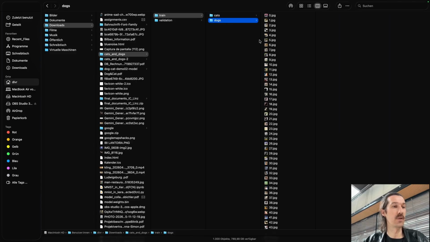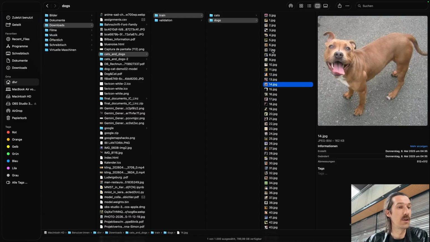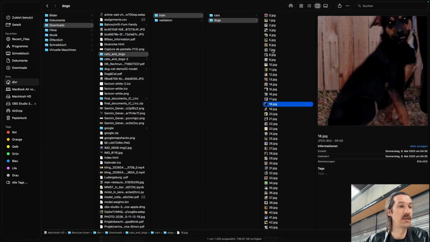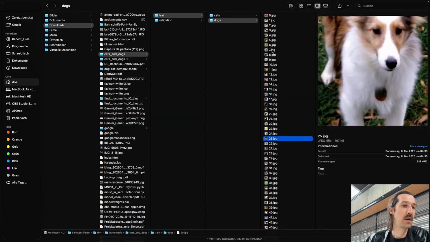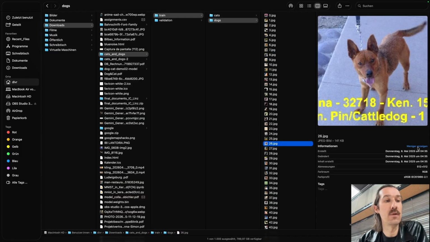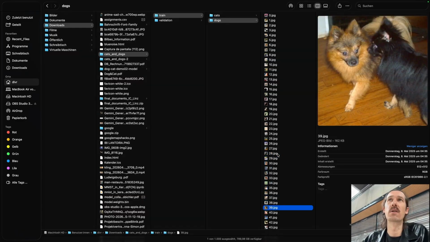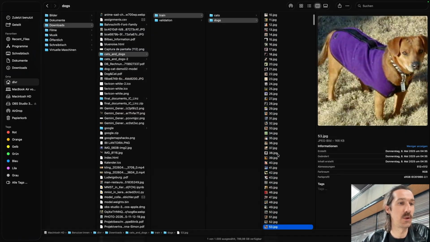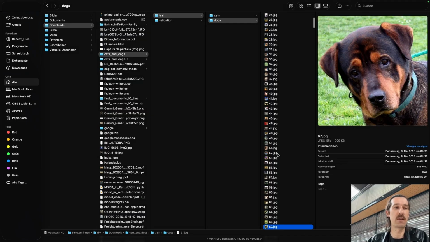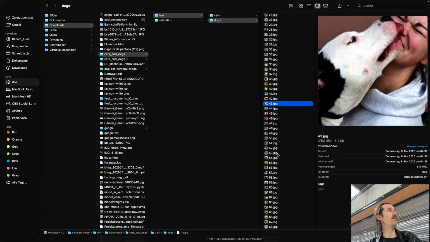The same is true also for the dog data set here, also 1,000 images in the training folder. And yeah, that's a very normal standard data set. I wonder what the resolution of it is. Probably it's like 512 by 512 pixels. So each image is already kind of cropped or pre-processed for this resolution, which is quite nice. Still too big, because we don't need such a big resolution for training our neural net model, but that's fine.